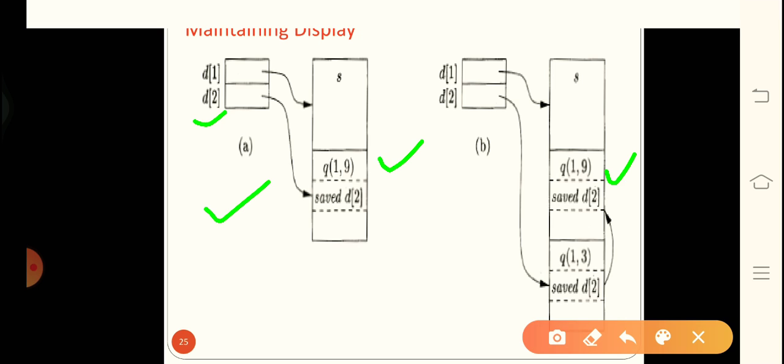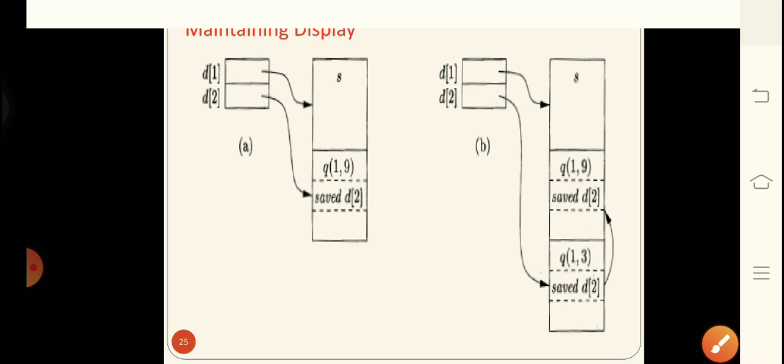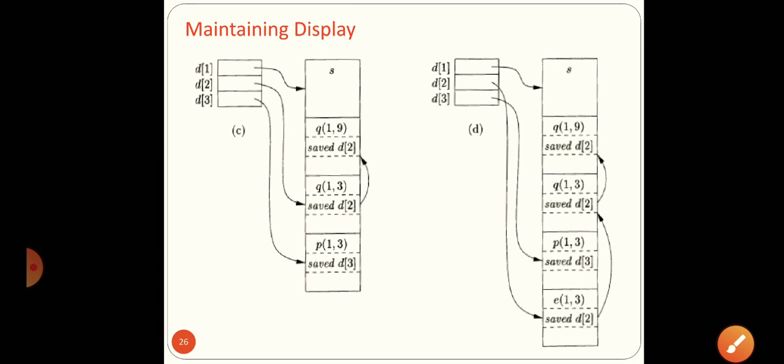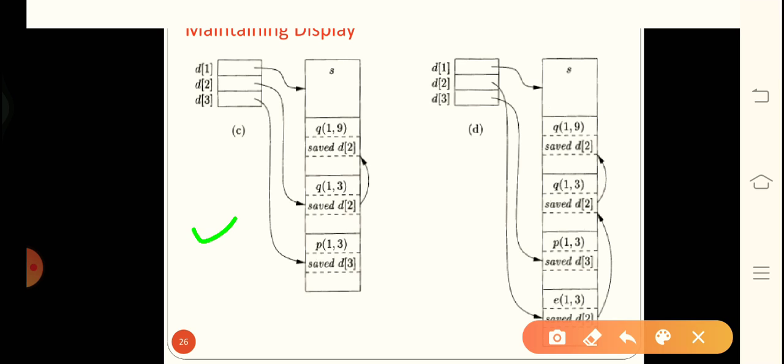Similarly here also. When the list grows, it will again grow, which will eventually lead to an increase in the size of the stack.